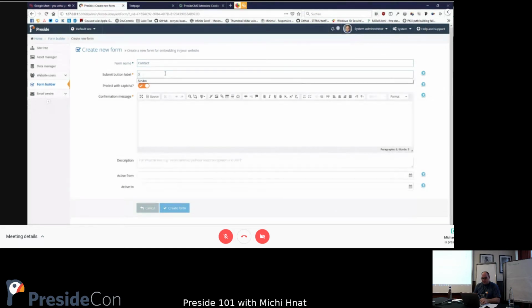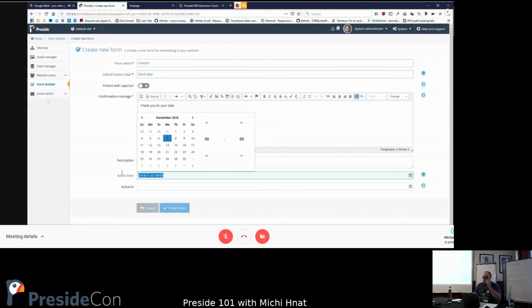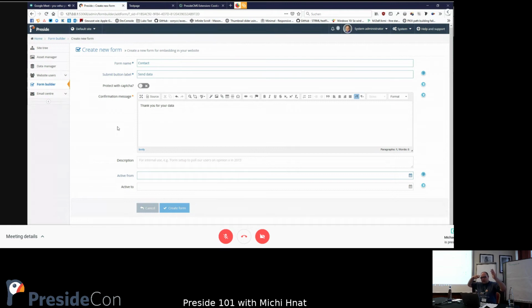And send data is the submit button, and the confirmation message is thank you for your data. In this case, we're not protecting it with a captcha, and we are not defining an active from and to date, which is quite interesting because if you, for example, have a quiz, and you know it's running from the 1st of December until the end of December, you can just go ahead and say, okay, this is the date period where it is visible. Then you're completely fine with that. So we're going to create this form,